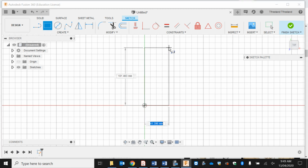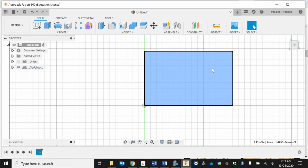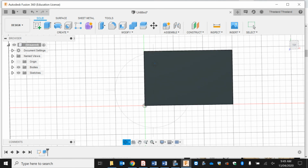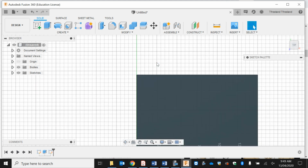So I'm going to make my material 95 wide, and then I'm just going to make it 150 long. There you go, finish sketch. I'm going to extrude this by 19 mils. And each of my fingers is actually going to be 9.5 mils wide, because that's the size of my router bit that I potentially use, but it all depends on the size